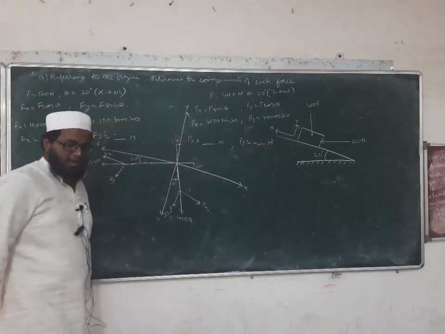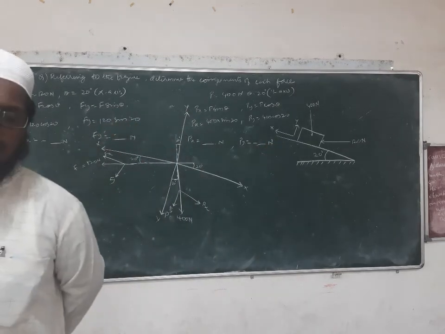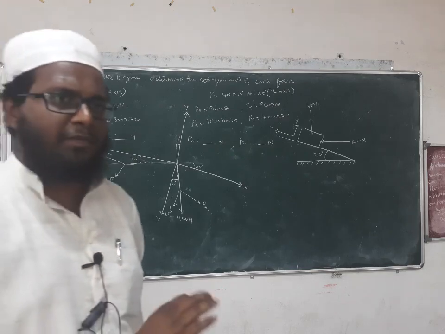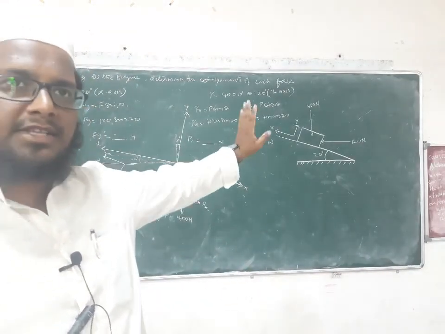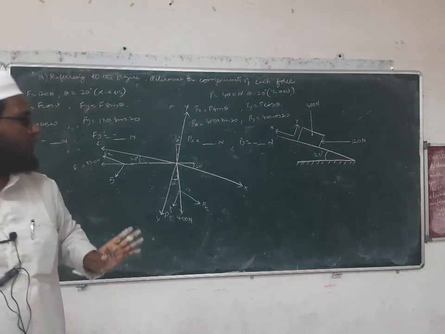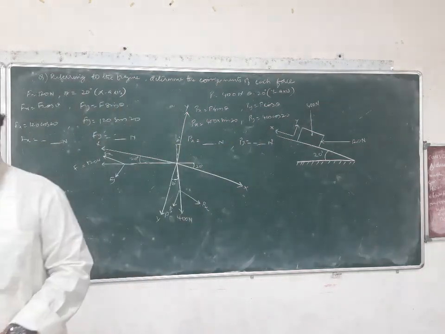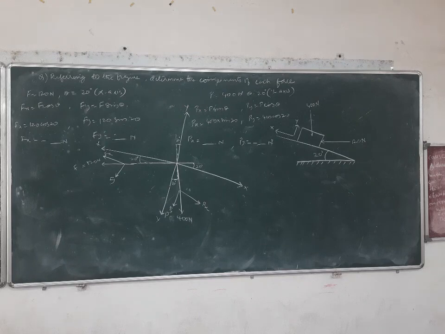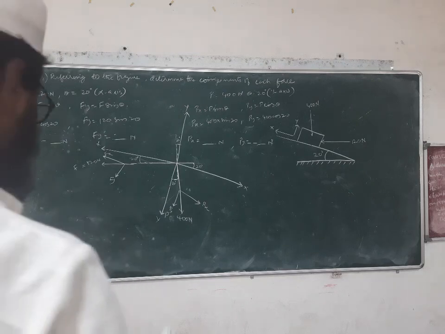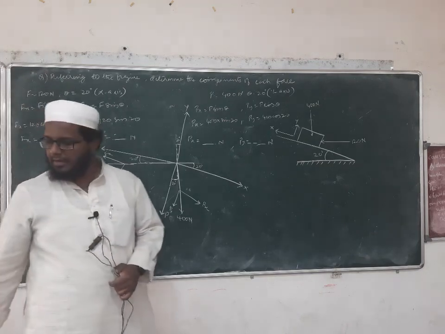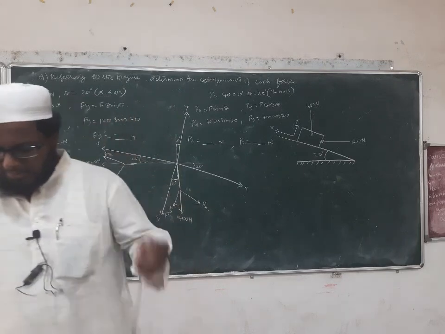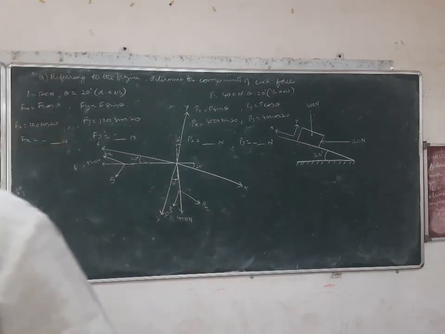Okay, this is how we calculate the components of each force when the force or an object is kept inclined and they ask us to calculate according to the given oriented x and y axis. Okay, so this is how we calculate. Both the cases we have taken up. The next case we'll try to take up in the next session, and the rest of the things we'll take up then. Okay, thank you.